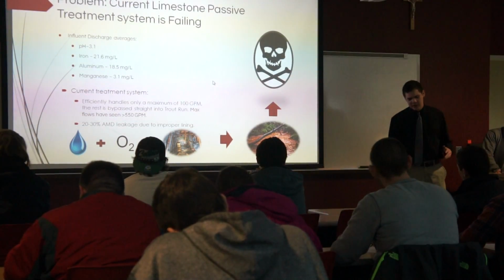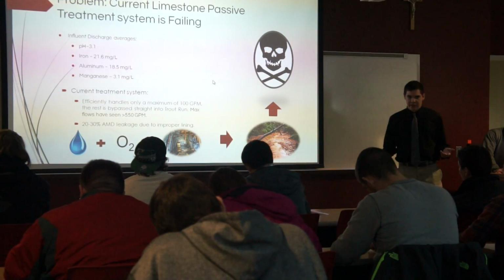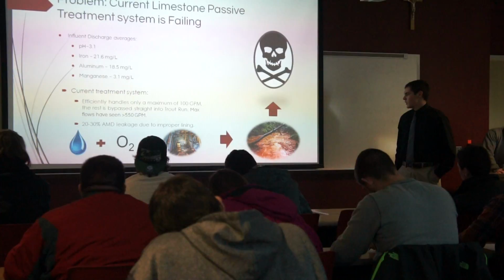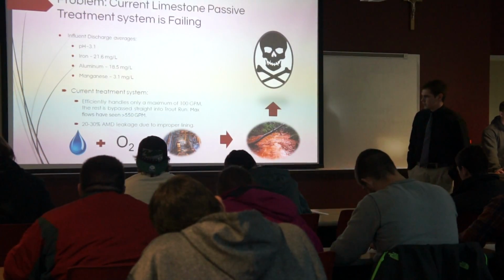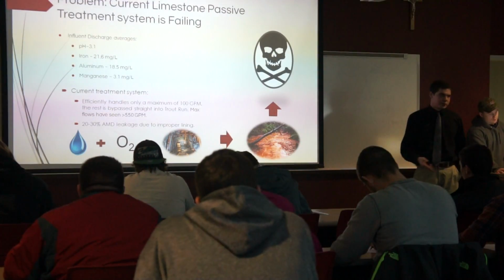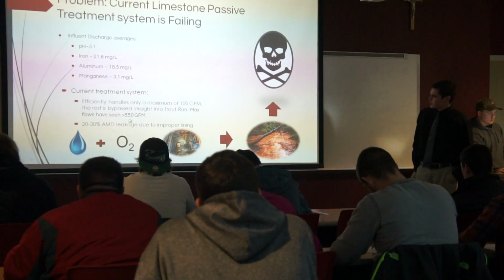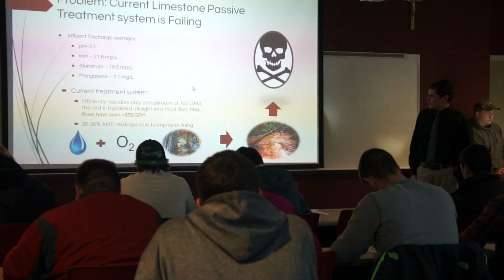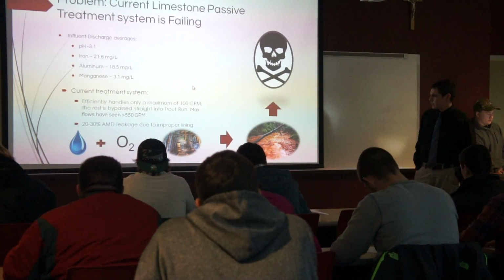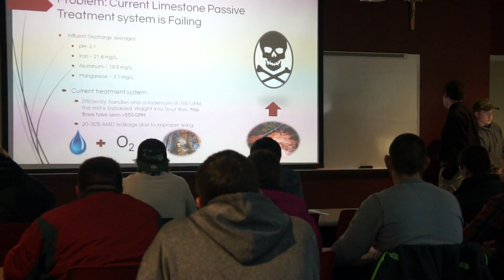So what's the problem here? The problem is the current limestone treatment design isn't actually working. It only handles up to 100 gallons per minute. After that, everything's bypassed straight into trout run, polluting it and killing any stream life. So right now we have these influent discharges before treatment, and after treatment we get something more like